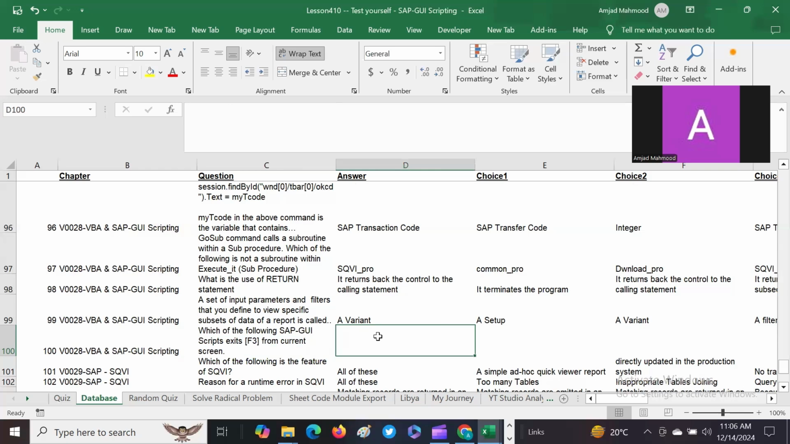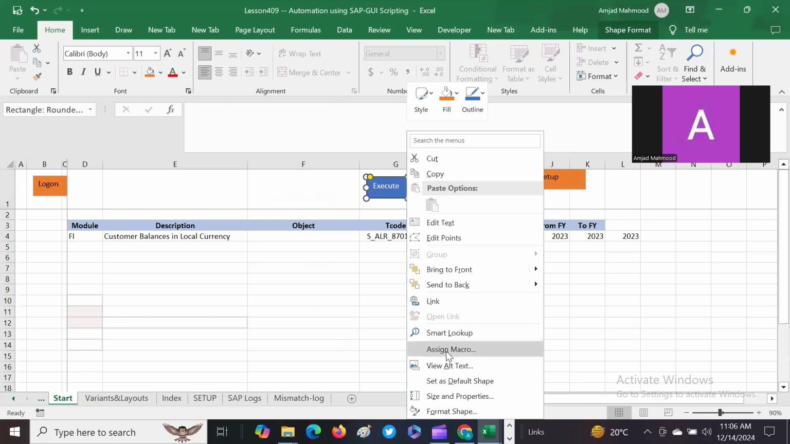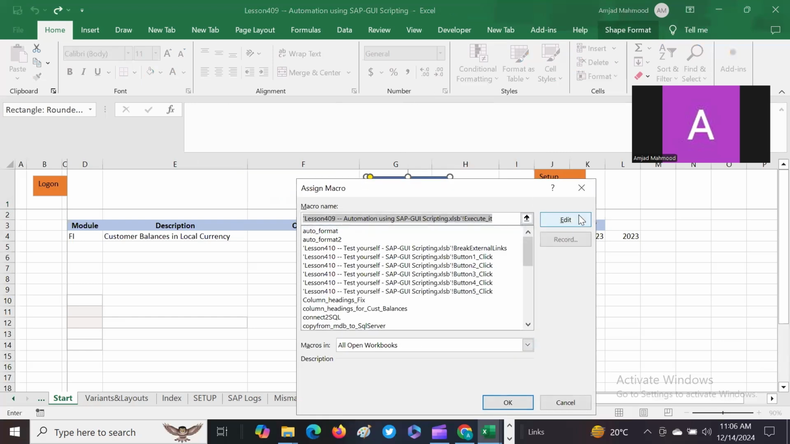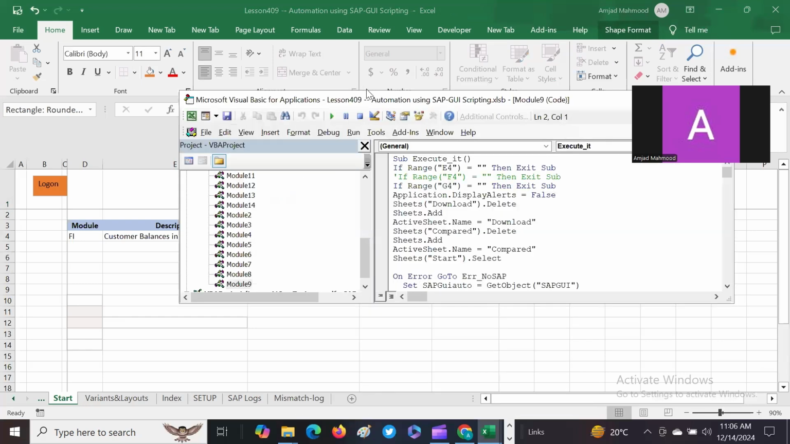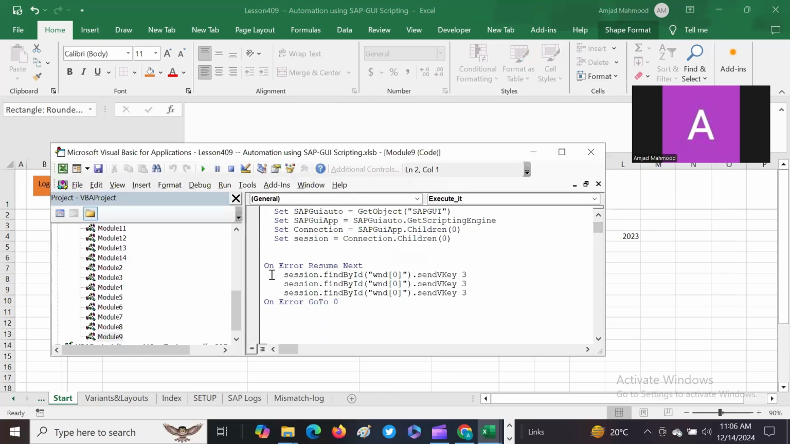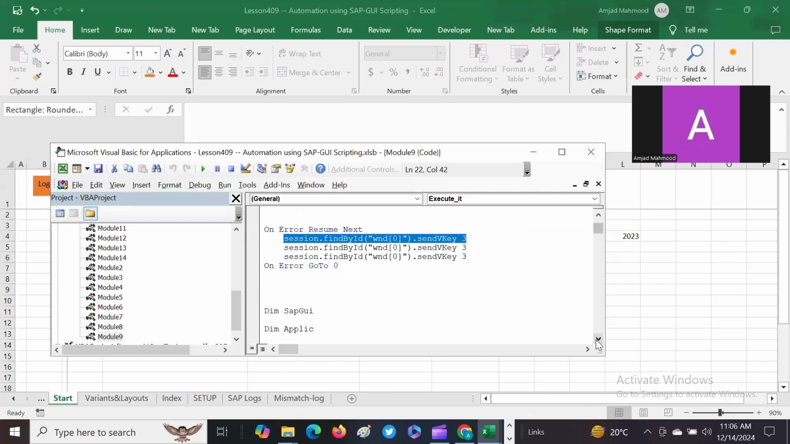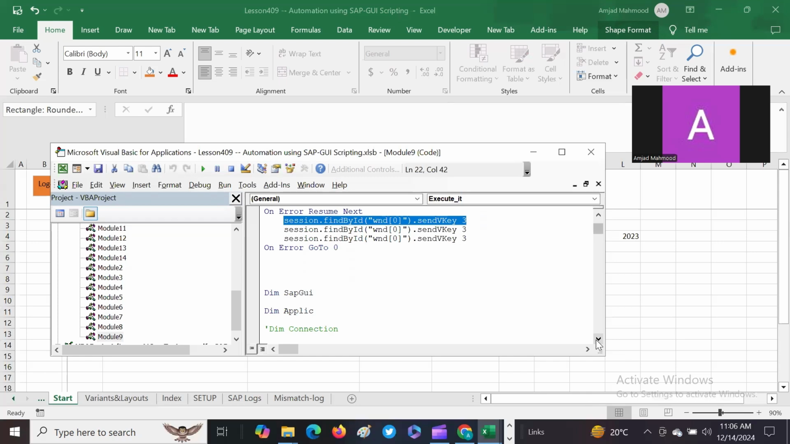I will go to my program, go to Execute, and go to Assign Macro. I will edit it, and here this key has been used plenty of times. On air, this is exiting. Each time when it is starting, it makes sure that if some screen is left open, it lets it go out and takes it